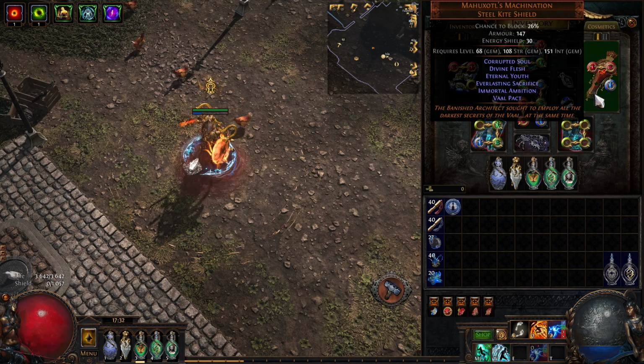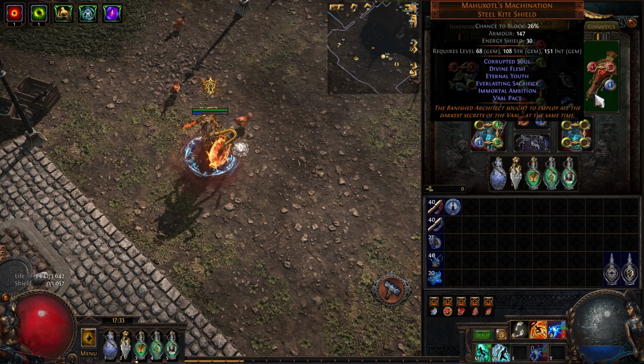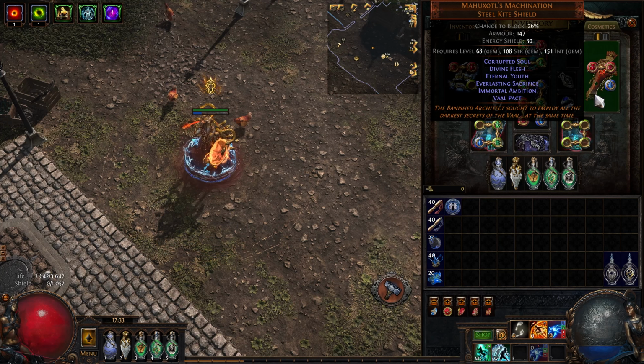When your ES is full, it resets it back to 0 and gives you a 4-second buff called Everlasting Sacrifice. This buff gives you +5 max res to all elemental resistances and chaos res. So that is a very powerful buff. So maybe now you get the idea of the gameplay loop I believe this shield is designed around